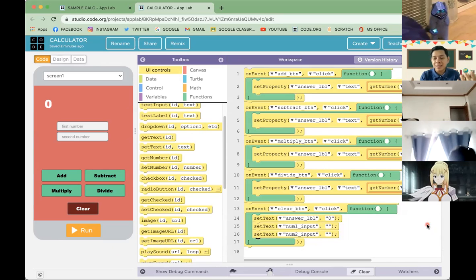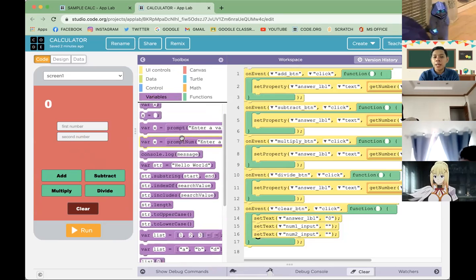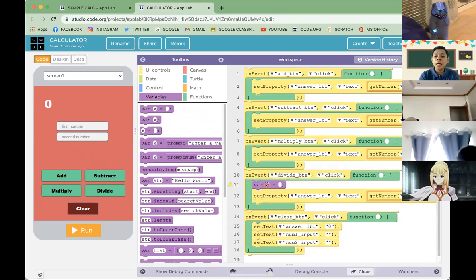students, we need to add a function or an error trap for that. If the second number is equal to 0 and then the user clicks on the divide button, it will say something like undefined, because technically you cannot divide a number by 0 because the answer will be undefined. So in order to do that, go to the on event of the divide button and you need to declare a variable for num2. Okay, so you can use this one. Variable num2 is equal to get number